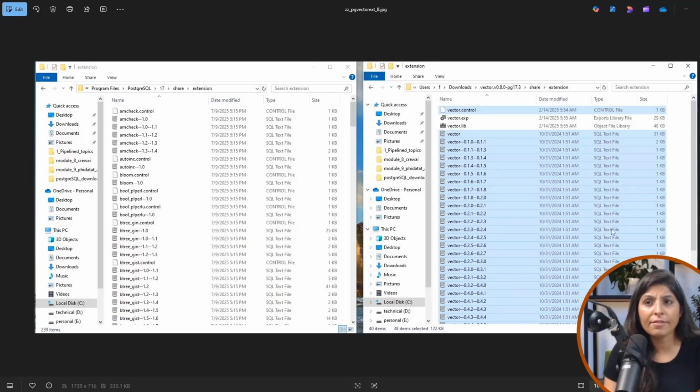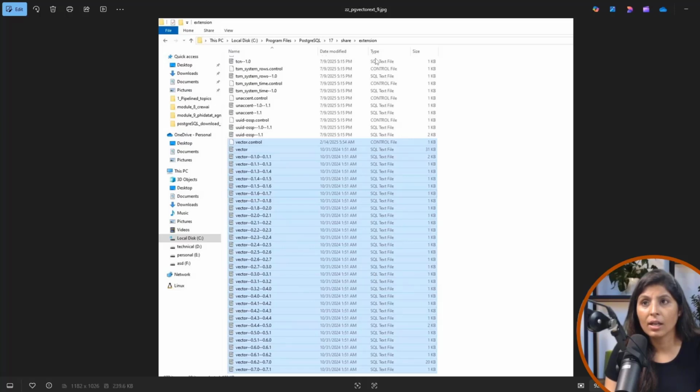All the files you will copy from here and paste them inside this extension folder of your PostgreSQL. See, I have pasted all these files over here.